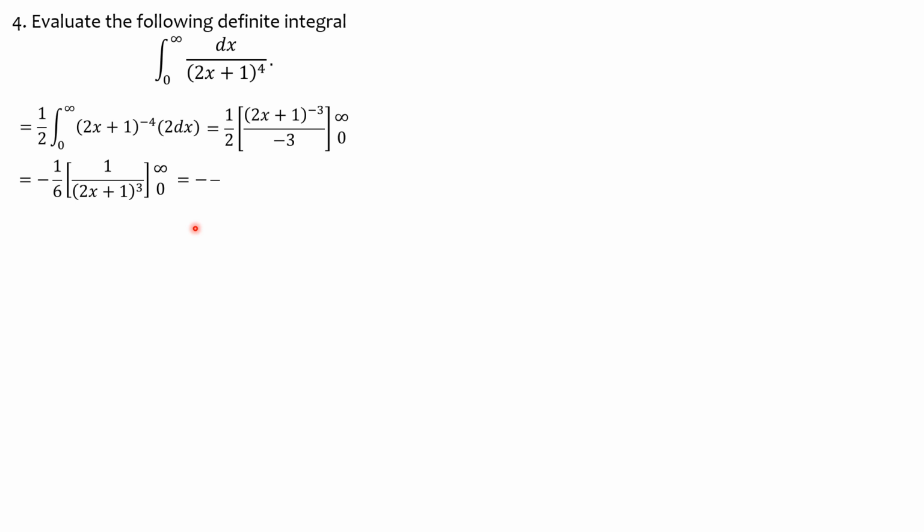So that would be equal to negative 1/6 times quantity 1 over quantity 2 times infinity plus 1 cubed minus 1 over 2 times 0 plus 1 cubed, or 1 over 1 cubed only,